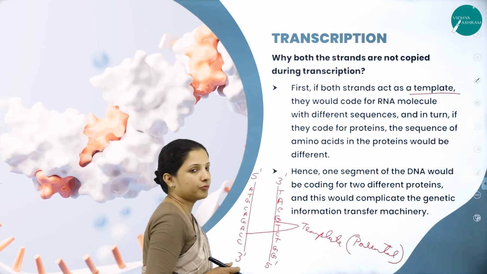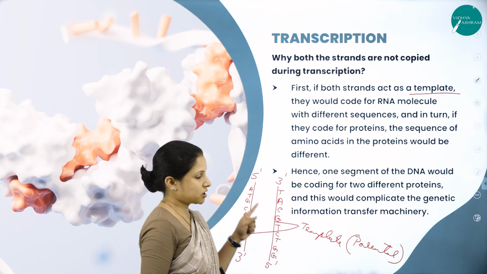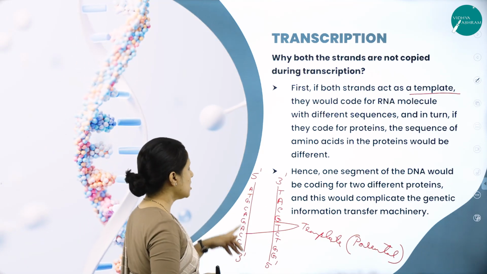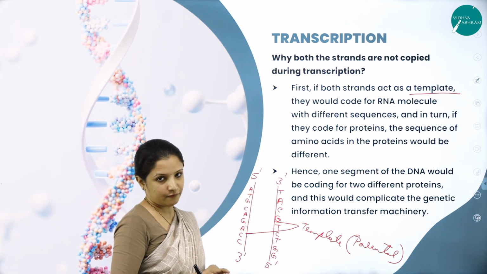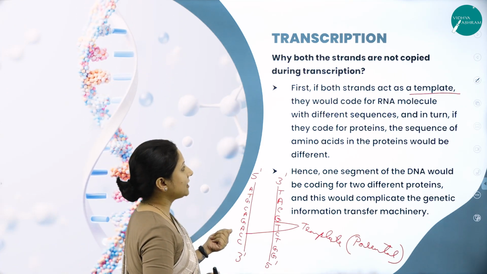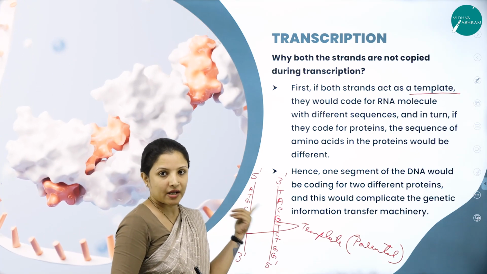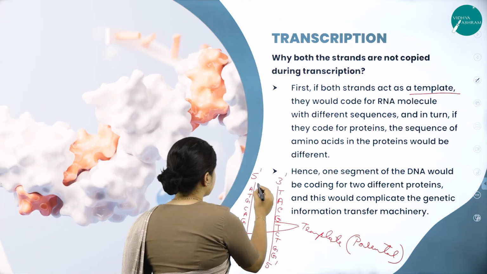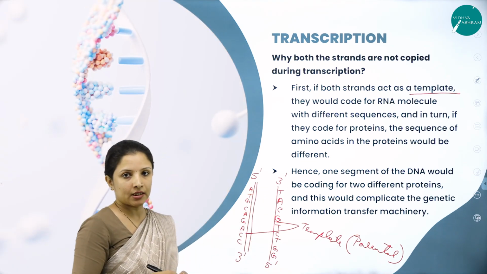Right? This will be the complementary strand. Now, you might have the question, why can't both the strands participate in the process of transcription? For both these strands, what will get formed? An mRNA strand needs to get formed, right? So when the mRNA strand is formed, the complementary nucleotides get added there.